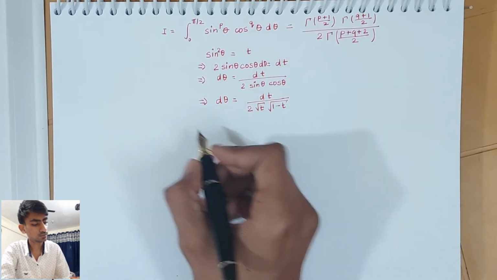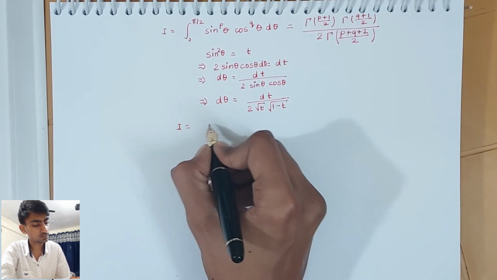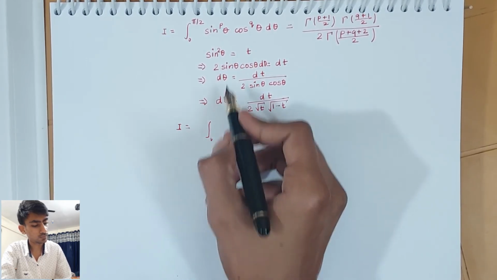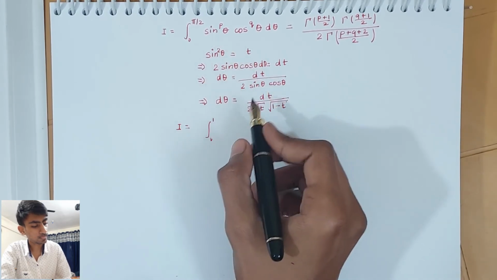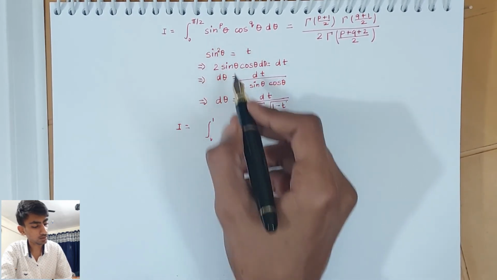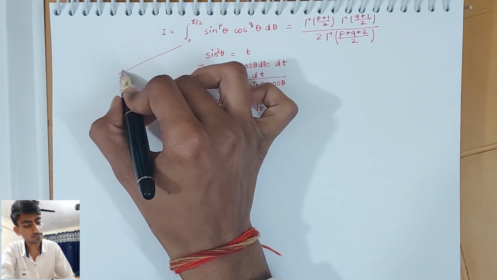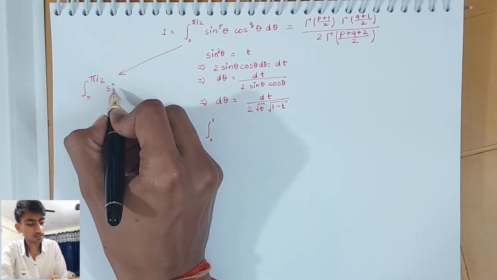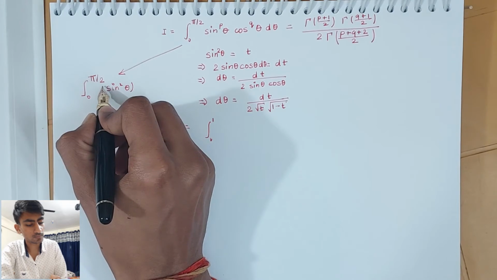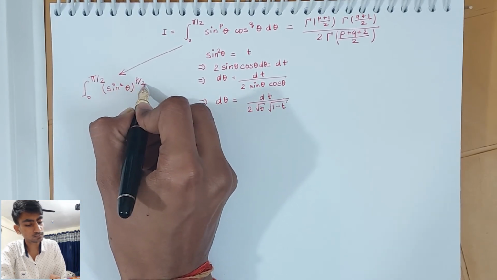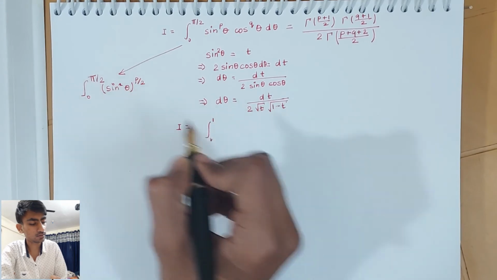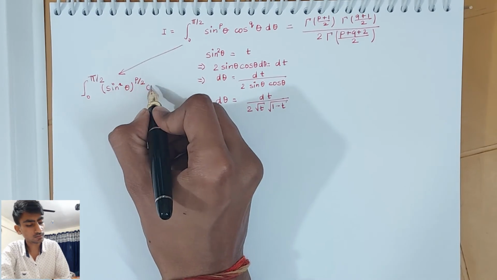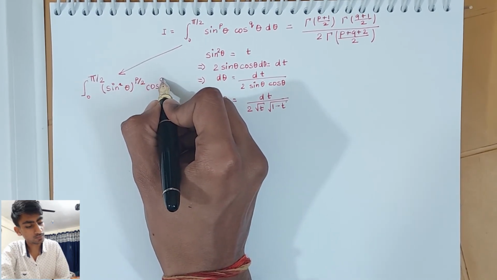Let's substitute the values in the integral. For I, if we put 0 as the value of theta, we will get 0. If we put pi by 2, we will get 1. In place of sine to the power p, we can alternatively write 0 to pi by 2 sine square theta to the power p by 2. If I square it over here, these powers will cancel out. And similarly, cos to the power q by 2